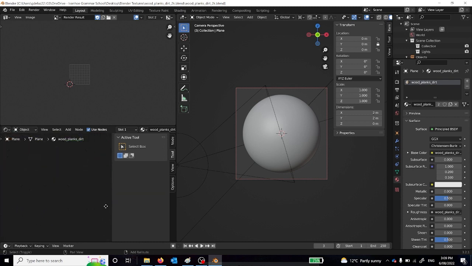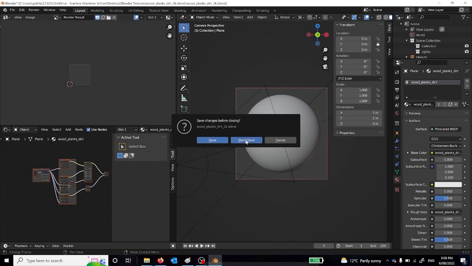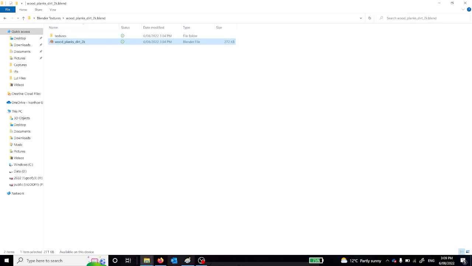So over here we have a bunch of nodes. You can just copy those and we can just exit this. So this is for the dirty wood planks. So we don't really need to save because